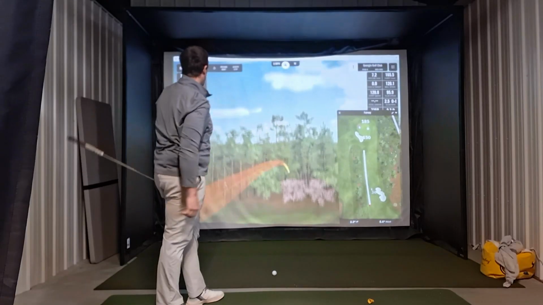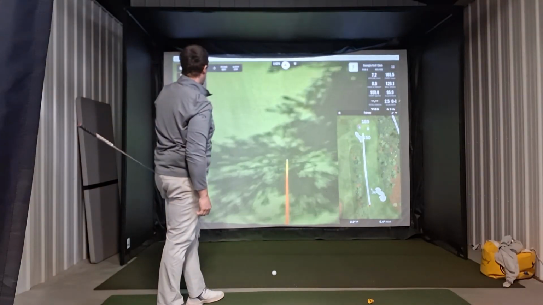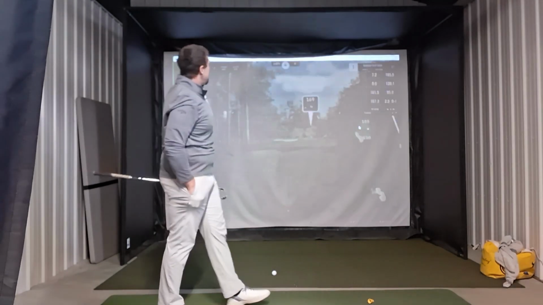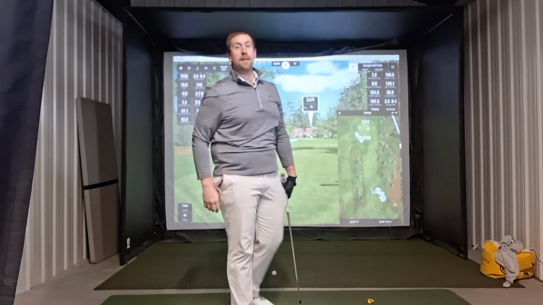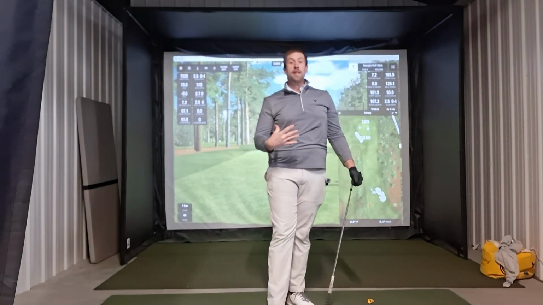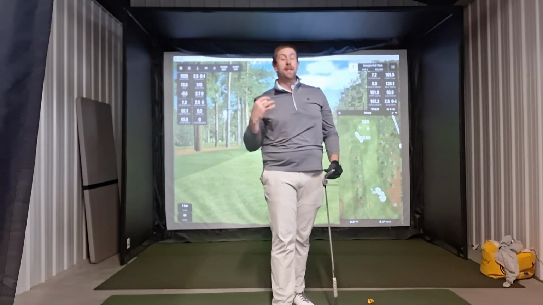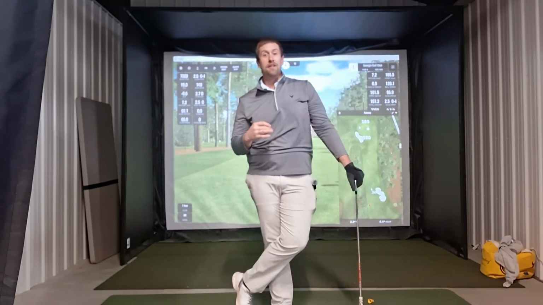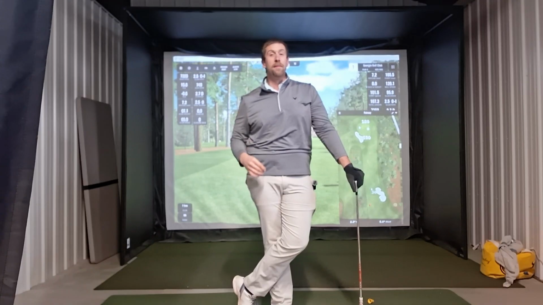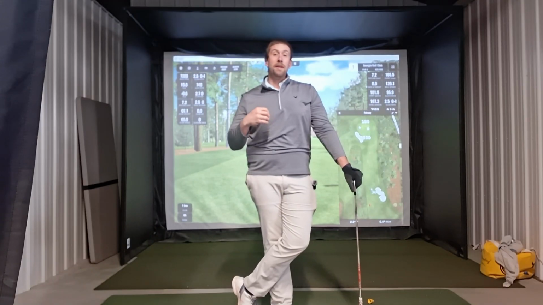So I hit that a little low on the face. Not a great swing there. Faded at about 25, 30 feet right. I got about a 25 to 30 foot birdie putt. So doing that, knowing my yardages, picking a good target allows me to have an aggressive swing at a conservative target. So now let's go to a different hole and see how we apply this same logic to our tee